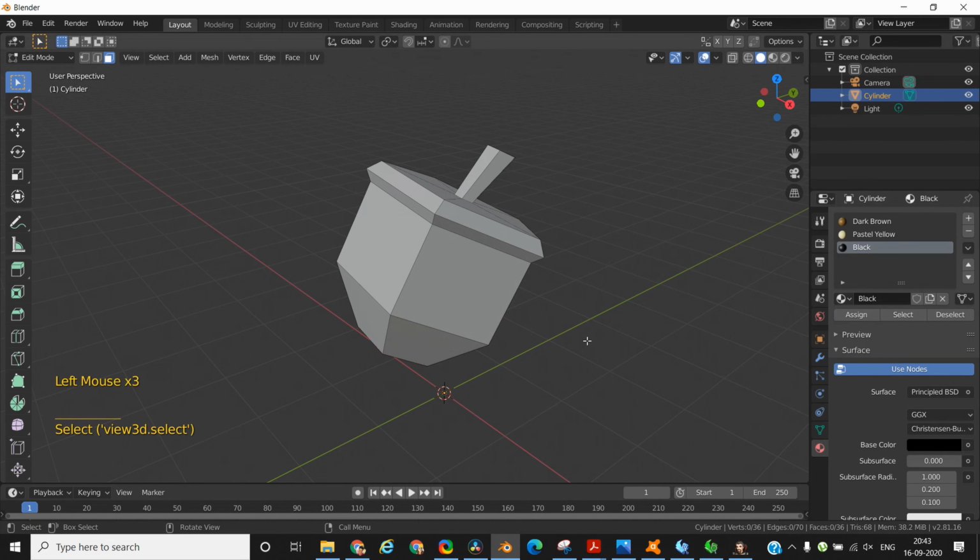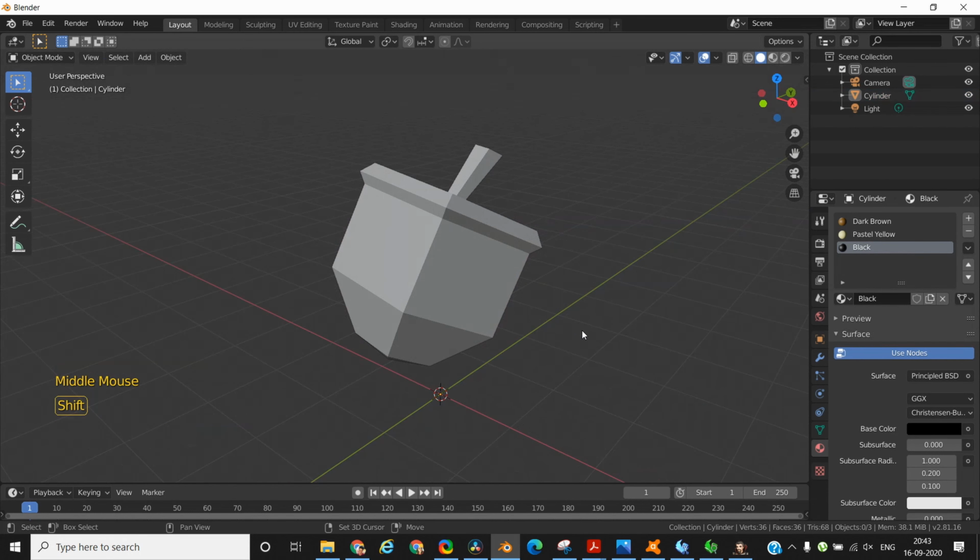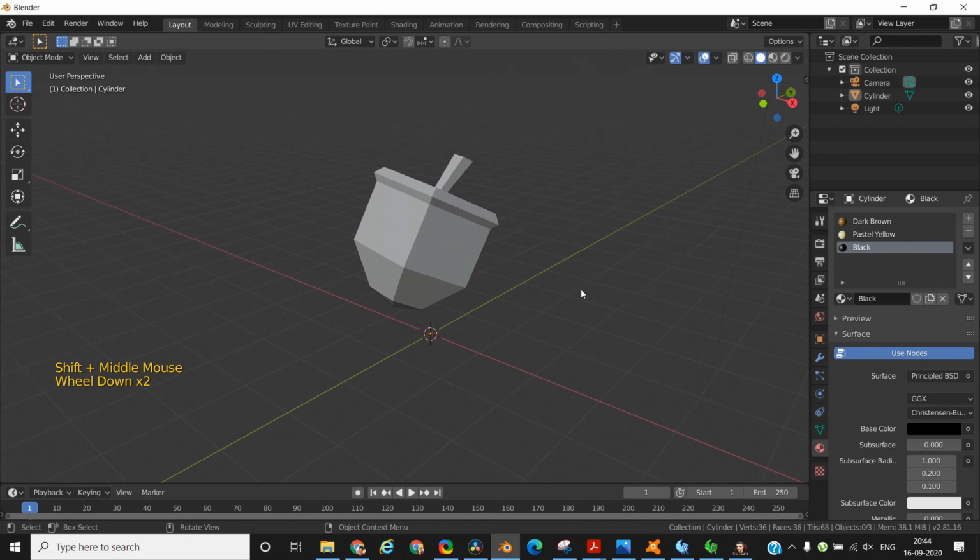Right now you are not able to see the colors. I'll get out from the edit mode and go into the object mode again, but you will see the colors very soon. Let me just bring it into the center again and zoom out a little bit. Click here to see the shading, the colors that you have applied.